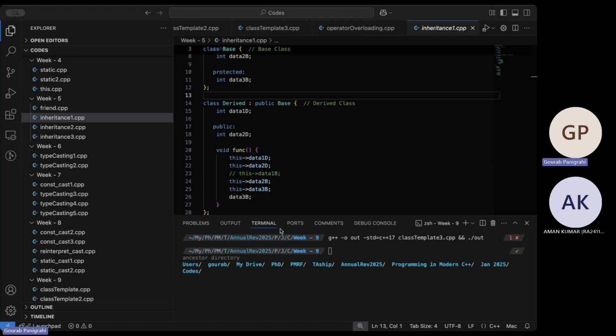So then all the public and protected members of the base class become private members of the derived class.